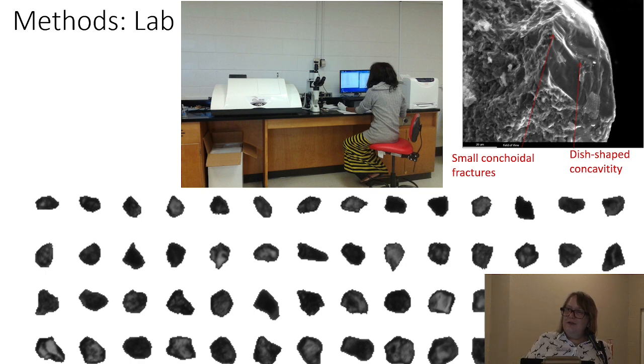Is this a popular thing to do? Well, I think people tried maybe in the 70s or so to use grain shape. And while it worked, it took forever, right? It takes a long time to measure the roughness of a particle that's 1 millimeter in size. And so it died out for a couple decades, and it has come back now that it can be done